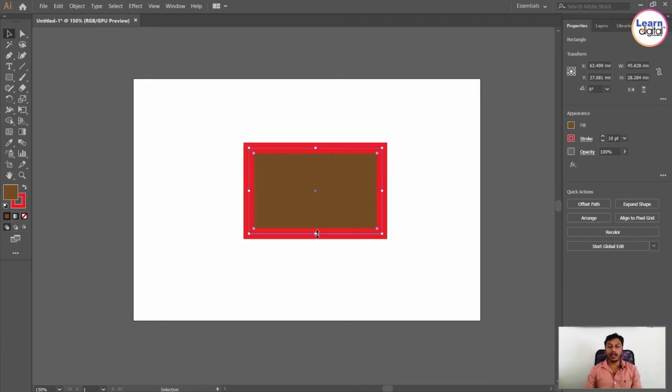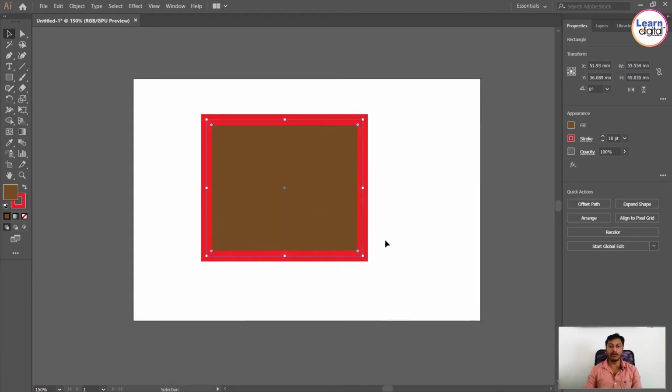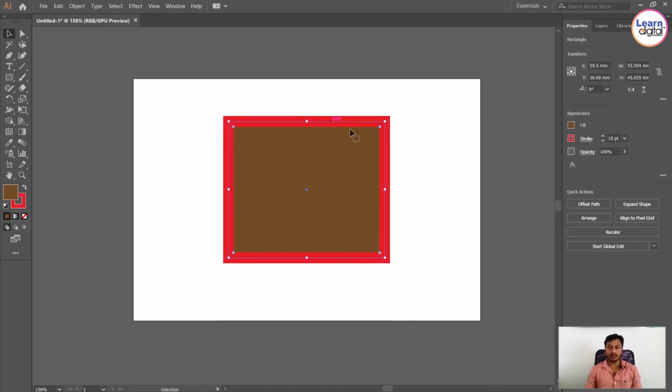If you want to make any corner roundness, that means smooth edges, now you can see all four corners having sharp edges. If you want to make any edges smooth, here you can see one small dot in all four corners, 1 2 3 4. You just need to click and drag your mouse, and you can see it is changing its curve radius. That means we are converting the sharp edges to smooth edges. Now you can see all 4 points are smooth.